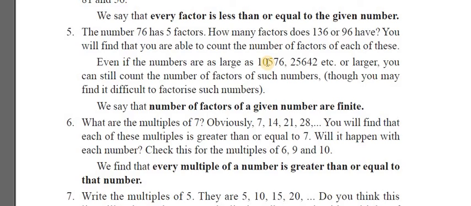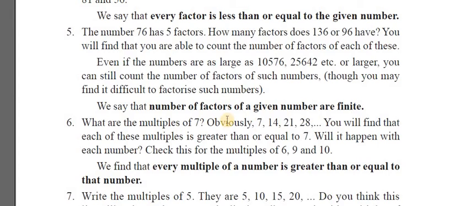Whatever number is given, even if it is a bigger number or a smaller number, we can say that it has, for example, 10 factors. You are able to count. For example, 36 is there. You can say that it has 5 factors or 6 factors. Like that you are able to count. Whereas coming to the multiples, you can't count. It is endless. Continuously it goes on like that. So that is the main difference between factors and multiples: factors are finite, whereas multiples are infinite.